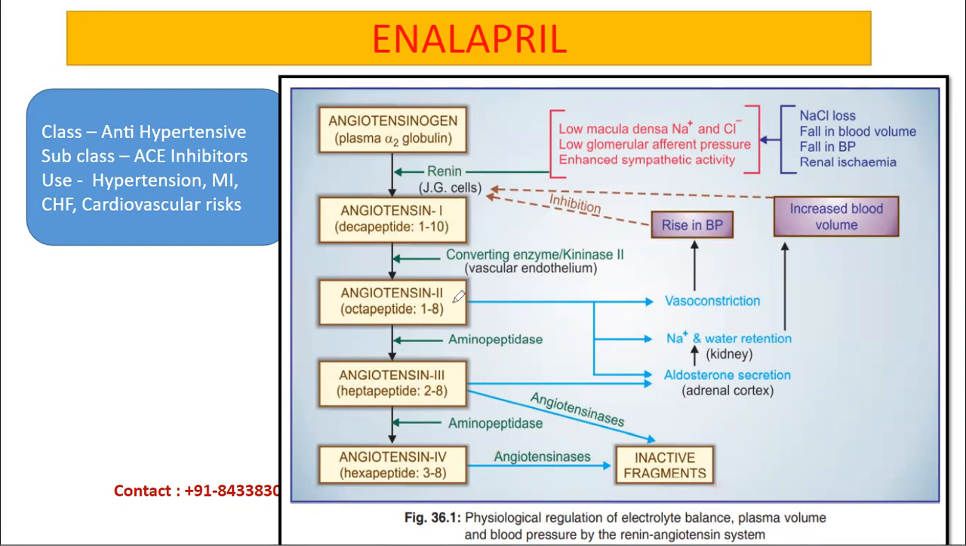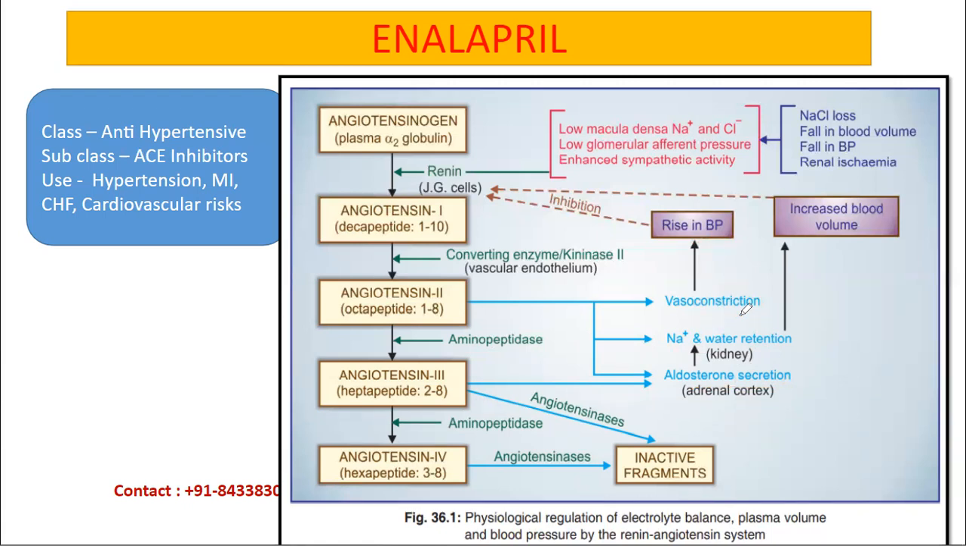Now, this angiotensin 2 is a very potent vasoconstrictor. So it causes vasoconstriction, which leads to rise in BP. It also causes sodium and water retention and aldosterone secretion. Now, how is this done? Firstly, its vasoconstriction action is mainly because of constriction of the arterioles that are present in the kidney. So in the kidney, it constricts the glomerular arterioles, mainly the afferent arterioles, and this results in a rise in systemic